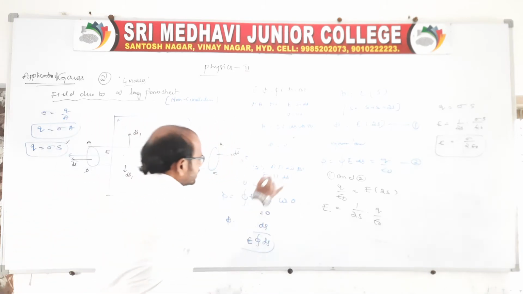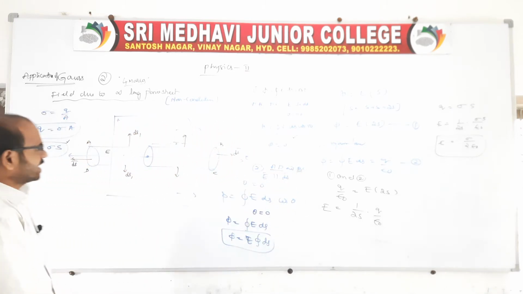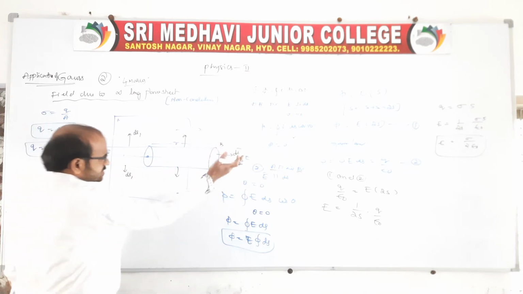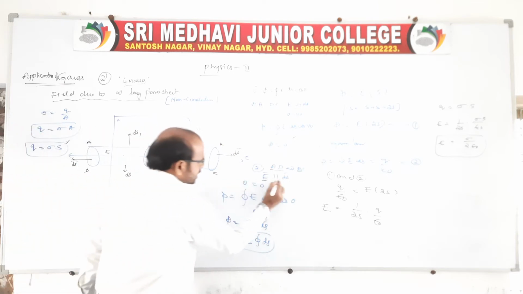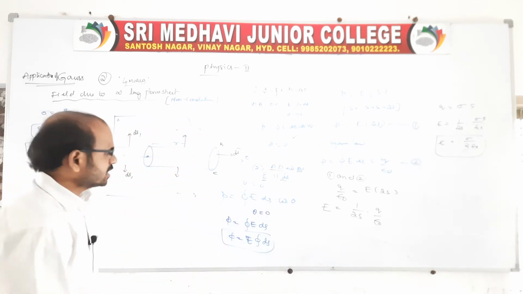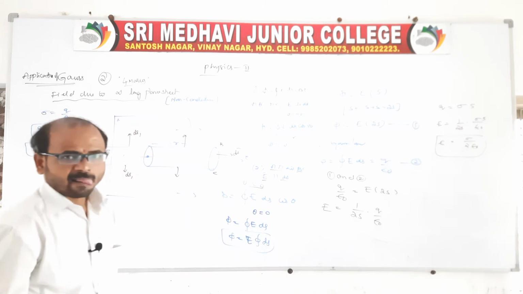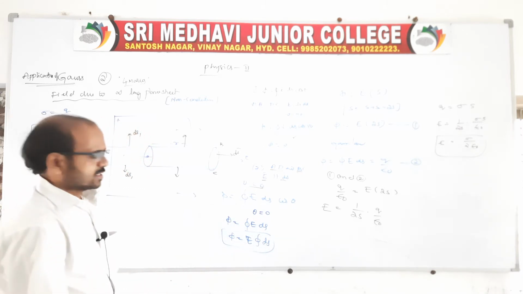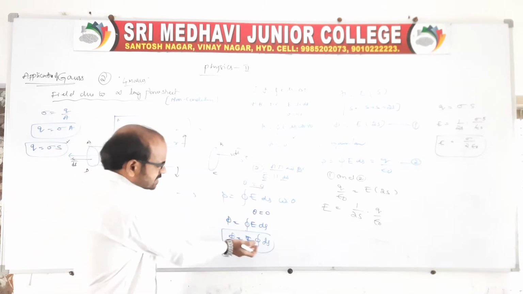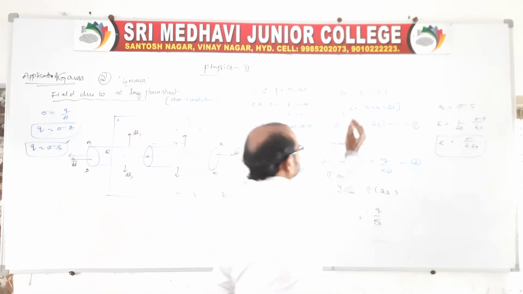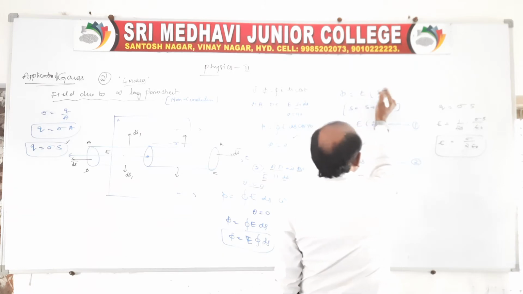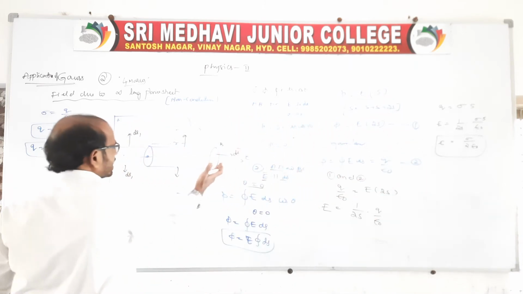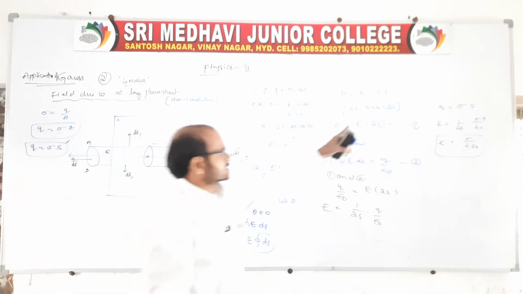And you go for the next one, AD and BC. You take AD, this one, and BC you take. See, for this AD and BC, E bar and dS bar are parallel. So you take theta equal to 0. Now, flux is equal to closed integral E dS cos theta. Therefore, theta is 0. Then flux is equal to E into closed integral dS. But of course, integral dS is nothing but S. But here there are two areas, no? One area this and another area this. So S plus S is nothing but 2S.